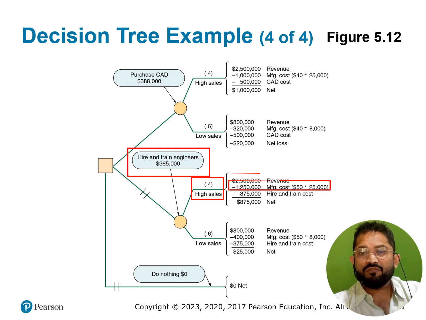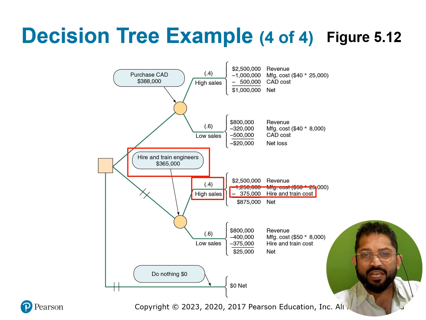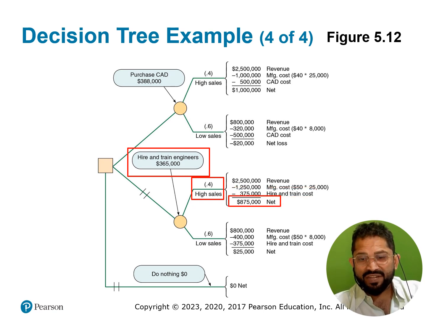Manufacturing cost will be $1,250,000, $50 per unit for 25,000 units, suggesting increased cost per unit due to the engineers. Hiring and training costs of $375,000, the difference from the original CAD cost, and net profit of $875,000. The second option is low sales,